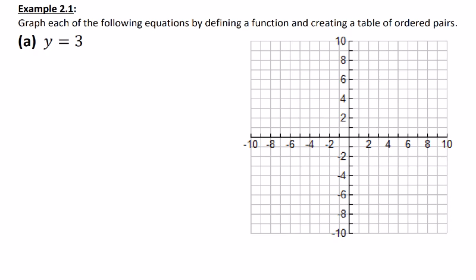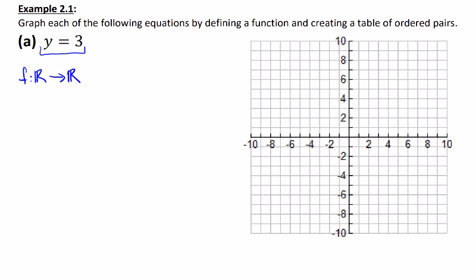So the first one that I have here says the equation is y equals 3. It just says y equals 3. The idea behind this particular equation is that every time you pick a real number, you will always map it to 3. Let me show you what the function definition would look like. We would say, let's call this one f, and you can take any real number that you want,